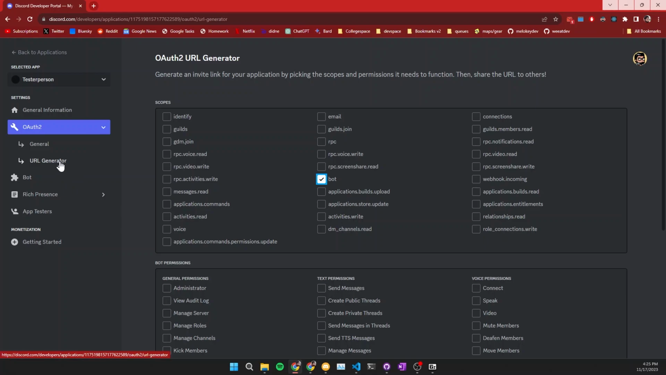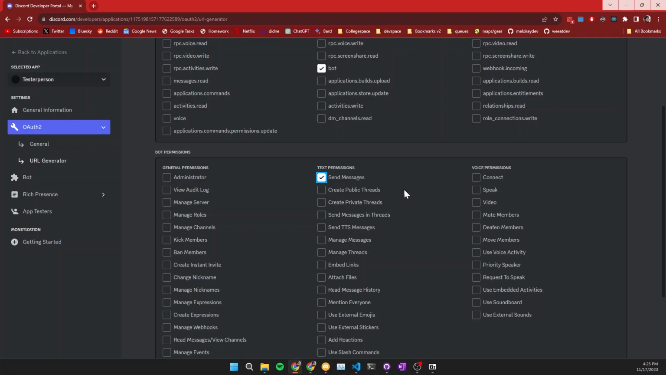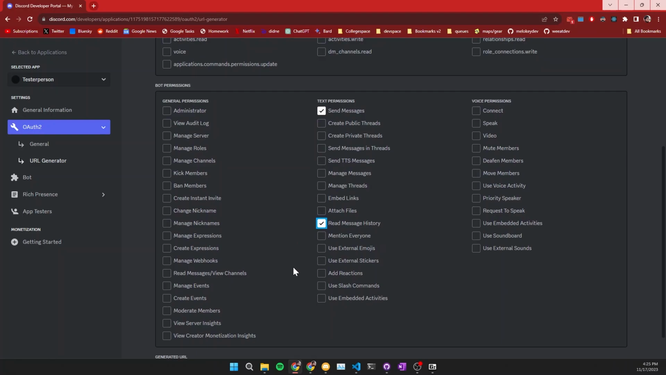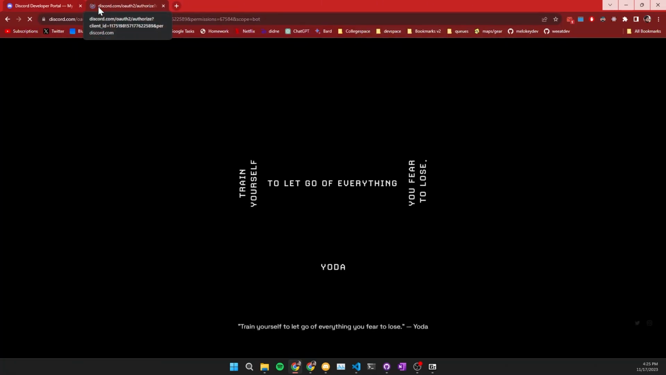Go to this URL generator tab. You should see this big long list of things. Click on this bot thing that's in the middle column. That's the actual permission to let you add the bot to your server. And give it. I think that should be fine. Yeah, that's probably okay. Oh, yeah, and then down here you should give it send messages permission, and then give it read message history. That way your bot can actually do stuff with channels. And then down here you should get this generated URL for you. If you copy it and then you paste it in here,